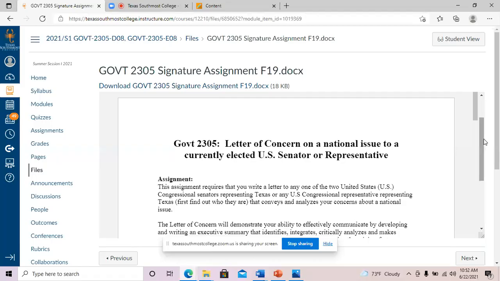So the signature assignment is, and we've mentioned this before, that you probably have signature assignments in your other classes that you're taking. Like if it's a history class or some of your other classes, you've probably seen this type of assignment before. So let me explain a little bit about what the signature assignment is